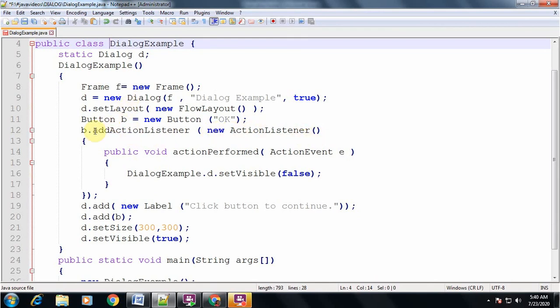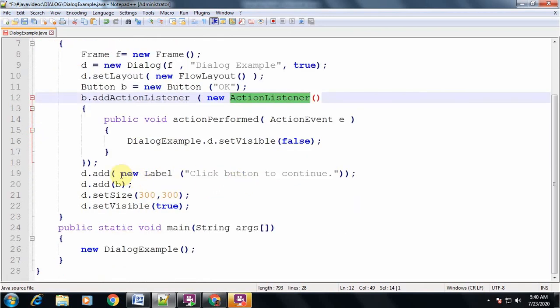That means the registration we used to do inside the constructor, now we are directly doing like this: b.addActionListener, where the argument is new ActionListener. You have created an object of this particular interface, with public void actionPerformed, and DialogExample.d.setVisible.